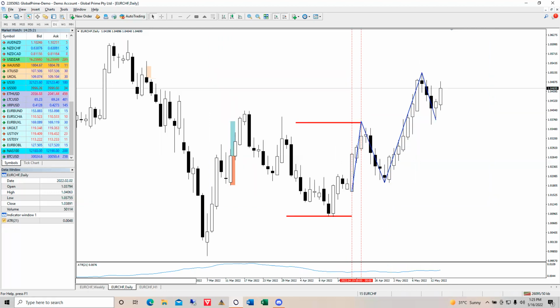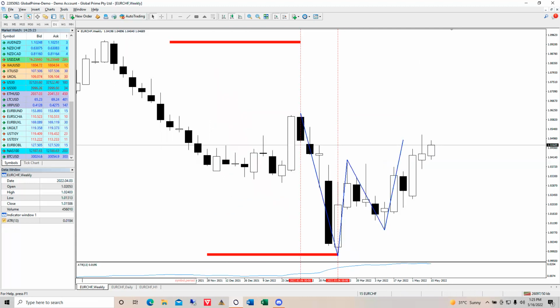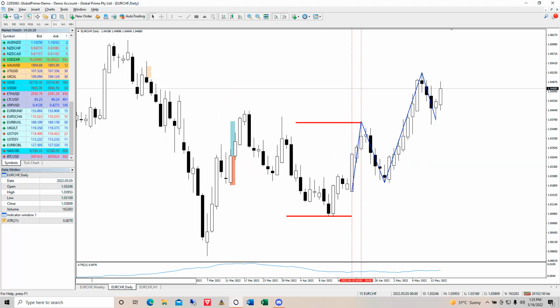Right, Euro Swiss, let's just look at weekly quickly. Inside of the channel, nothing going on there that we're particularly interested in. I know a couple of folks looked at this and have traded this last week. Richard, I think you're one of them. You got a nice winner here on H4 impulse, certainly outside of the channel, so why not? And saw a retracement through the course of Wednesday, Thursday and Friday,